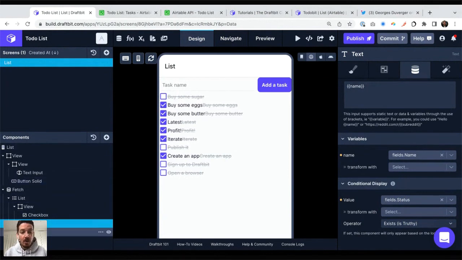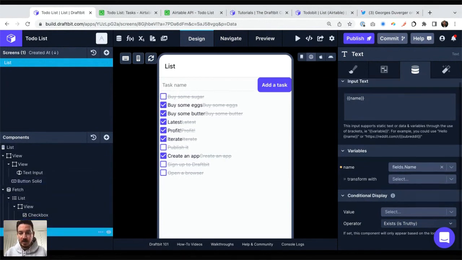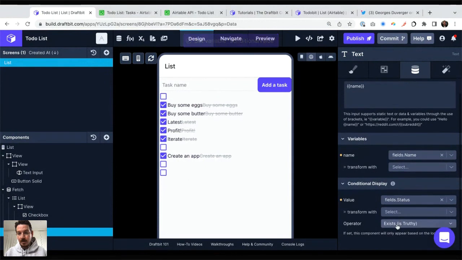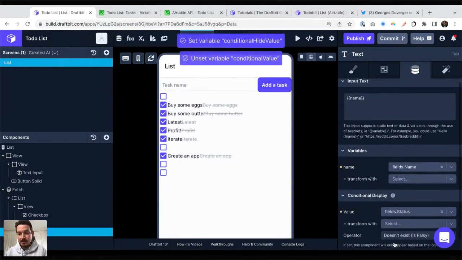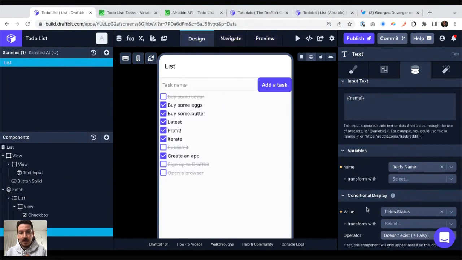Okay. All we need to do now is a similar thing for the second text field when the status, except this one, I want the exact opposite, right? If it does not exist. Okay. So that's it. Now when I'm already in preview mode, so when I check it, status is going to become true.